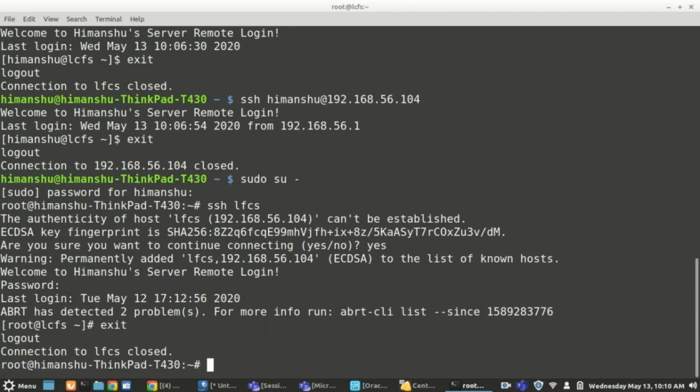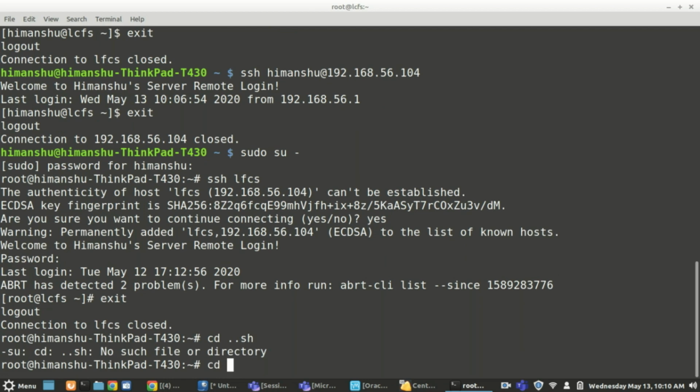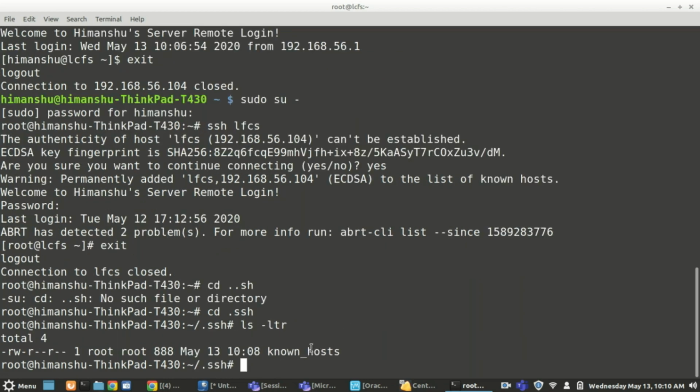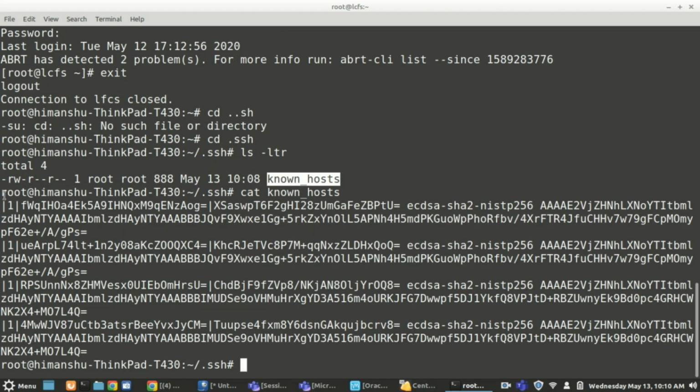So if you see here how it was doing it, the known_hosts file is there in the .ssh directory. There is a folder that gets created, and in known_hosts it will keep all those instances that you have connected to earlier. So the mapping key will be here.